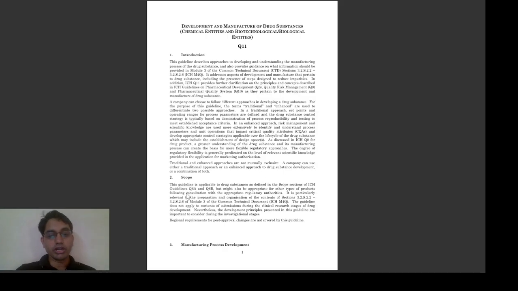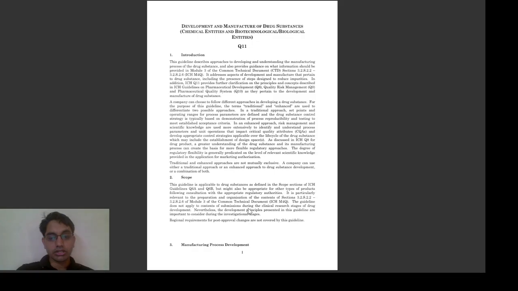Scope of this guideline: the guideline is applicable to drug substances as defined in the scope sections of the ICH guidelines, that is ICH Q6A and Q6B, but might also be appropriate for other types of products following consultation with the appropriate regulatory authorities. In particular, it is relevant to the preparation and organization of the content of Module 3 of the Common Technical Document, that is M4Q. The guideline does not apply to the contents of